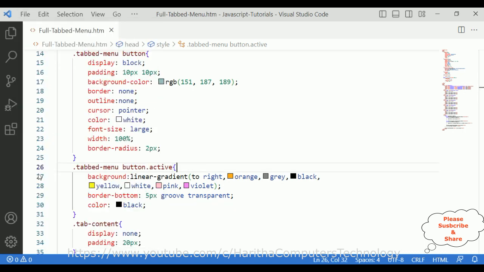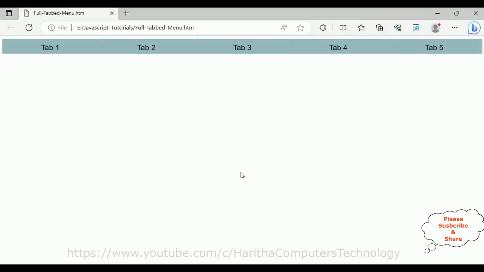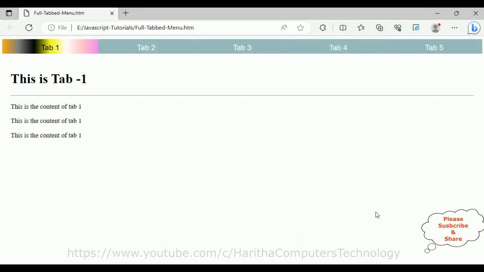File, save this file again. Let's open our Explorer. I'm reloading the browser, and here we got the final output of our application to create